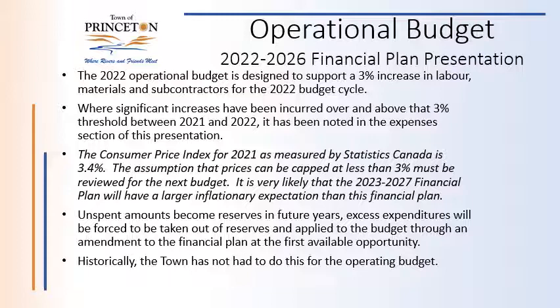This is a new discussion for this year, and why I italicized it. But the CPI at the end of 2021, as most people are aware, if they go to the grocery store or if they have seen any news articles in the last couple of months, inflation is starting to creep back into our vocabulary again. It's 3.4% at the end of 2021, and the early indications from 2022 are that it is higher than even that. The 3% assumption is starting to look weak.